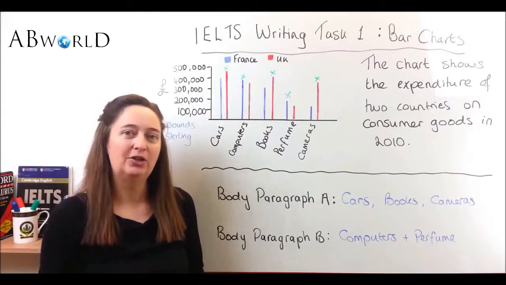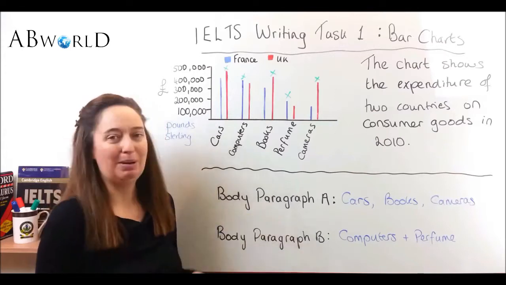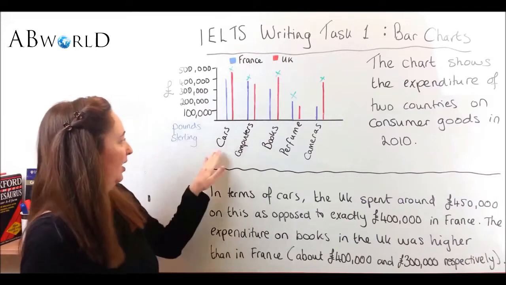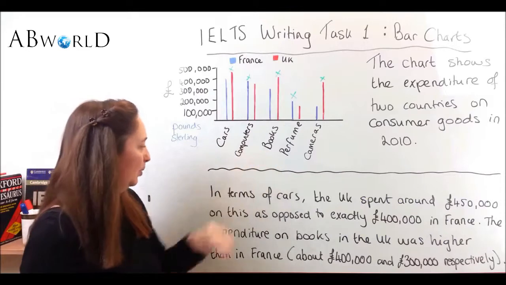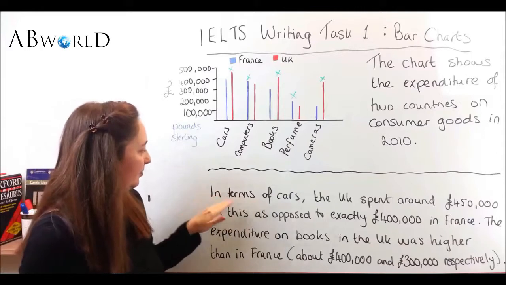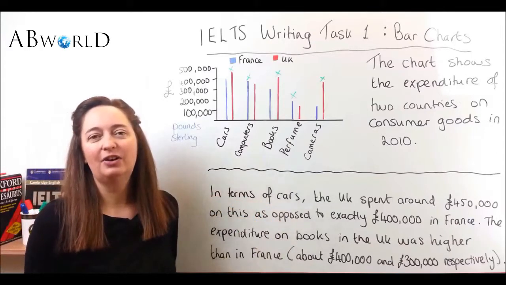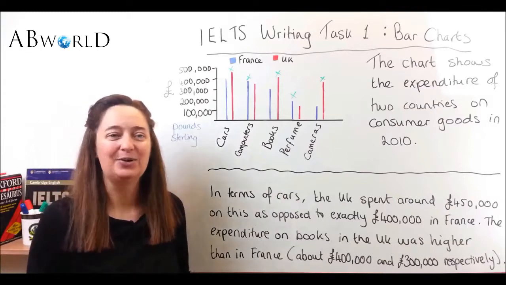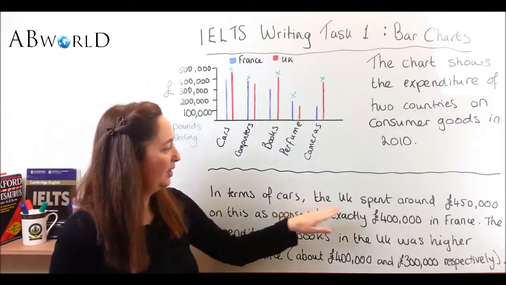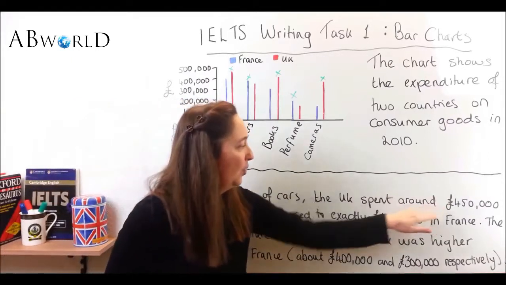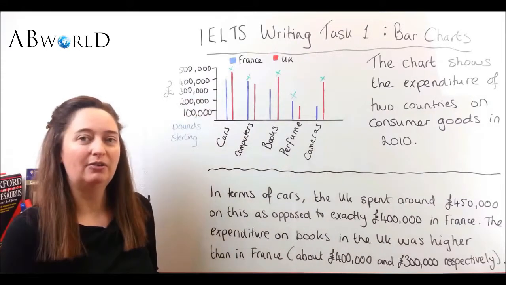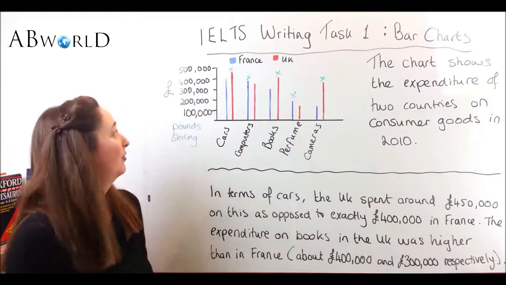Now let's just have a quick look at how to write the body paragraph. Here we have 2 sample sentences for the category of cars and books. So let's have a look. You can see that we start off with a linker. In terms of cars, this is very nice because the reader immediately knows which category we're talking about. In terms of cars, the UK spent around £450,000. So when you're writing your body paragraphs, you need to take a look at the graph, at the chart,